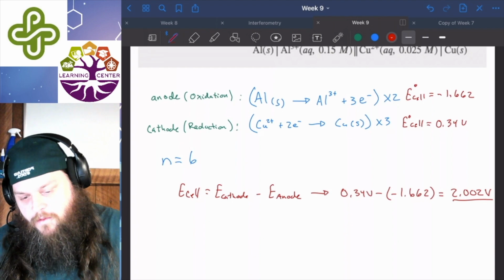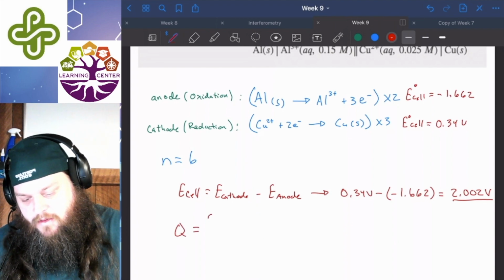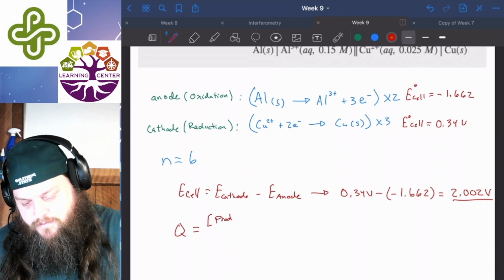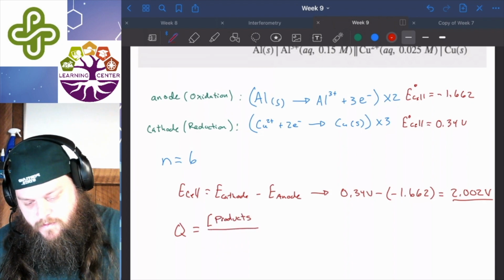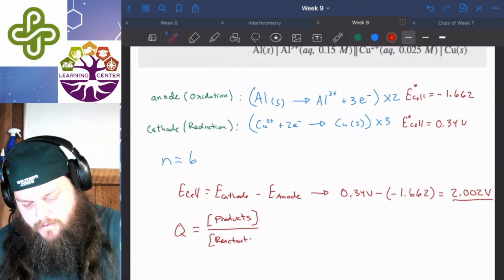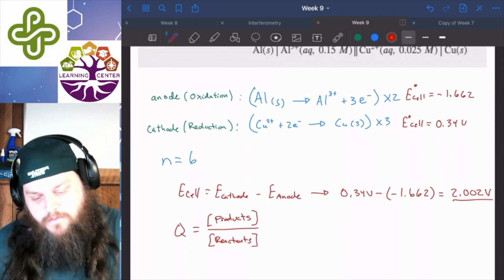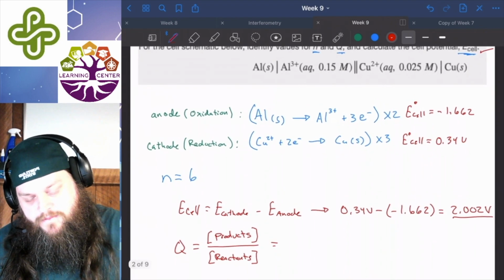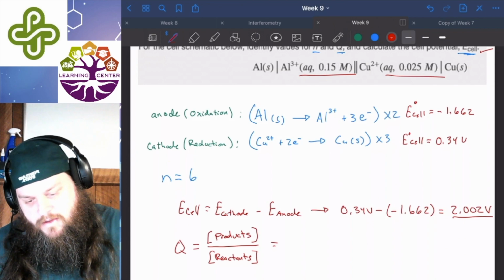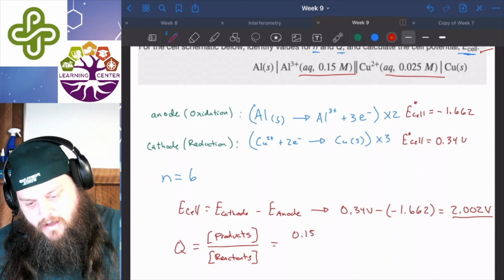So Q is going to equal the concentration of the products divided by the concentration of reactants. Which in this case they give us here and there. So we can see that that concentration is 0.15